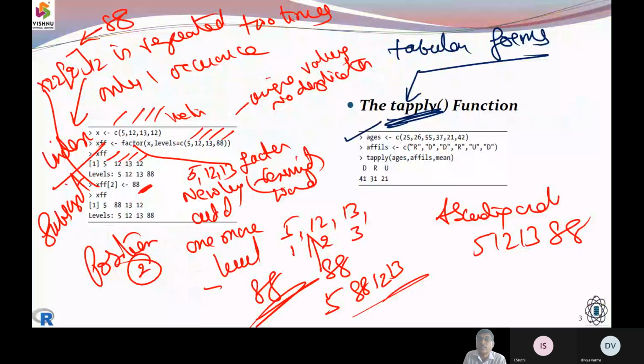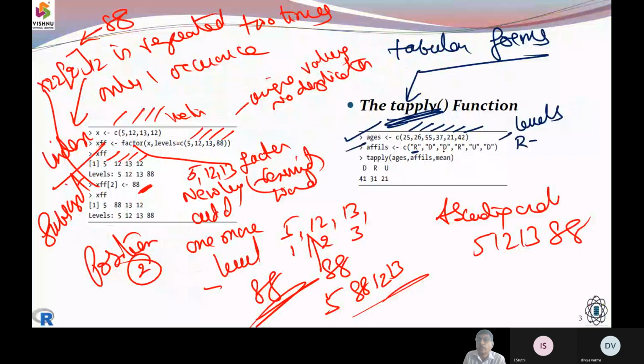So now you can see here the ages are 12, 26, 55, 37, 21 and 42. Then we have affiliations of R, D, D, R, U, D. So now if we are going to identify the levels for it,